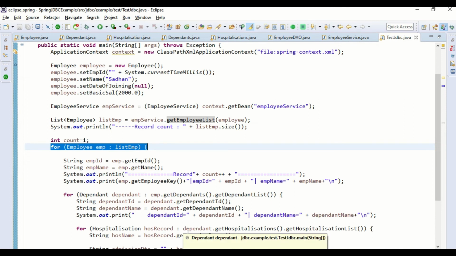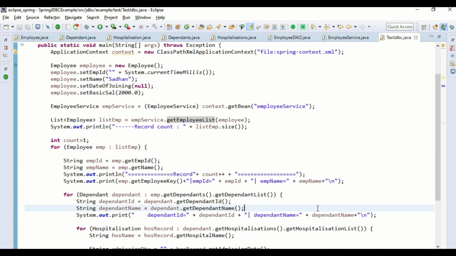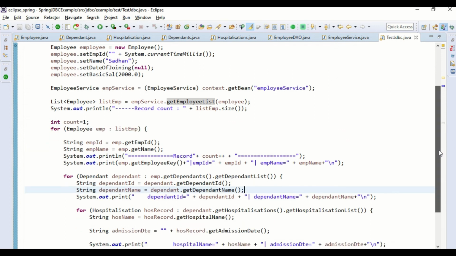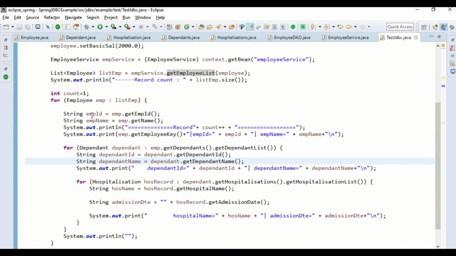In actual cases, you can use it any way, because you have the list of employee objects, and each employee object has corresponding dependents, and every dependent object has its hospitalization records. You have the data, so you can use it any way you want to, but here, just for printing purposes, I am iterating over the employee list object and printing the values.